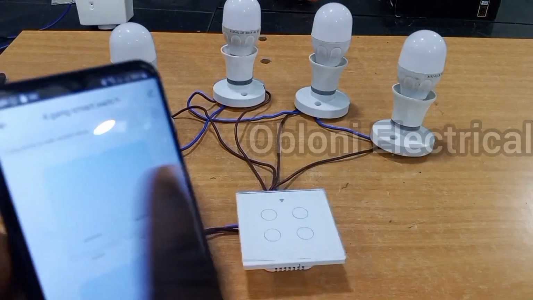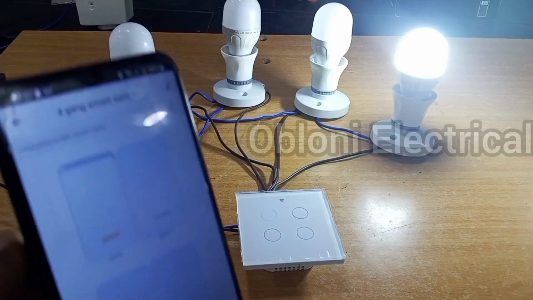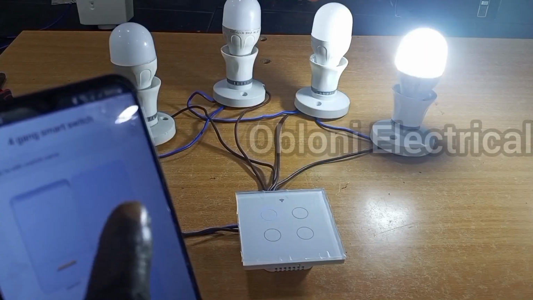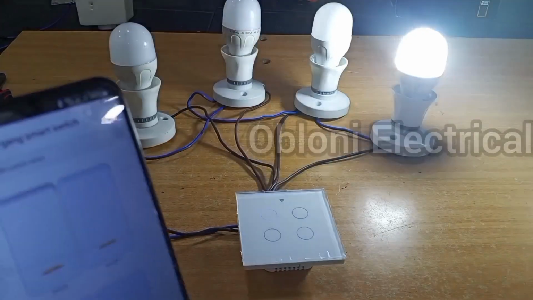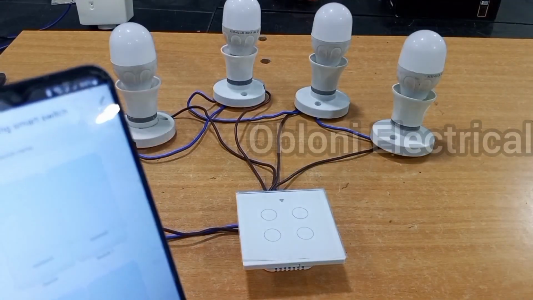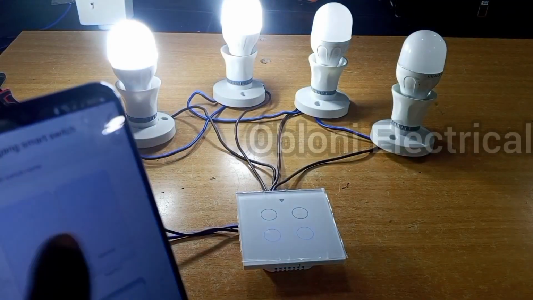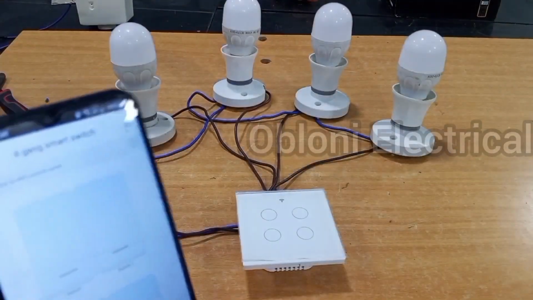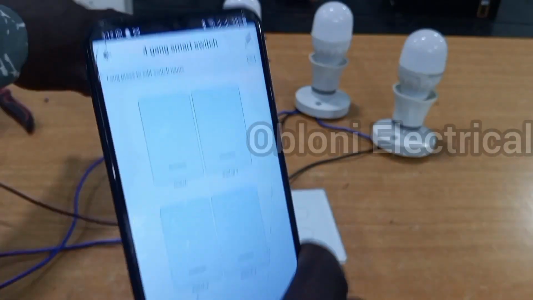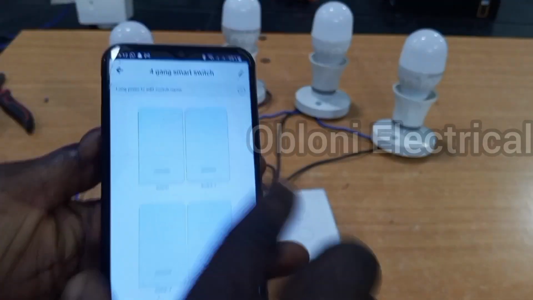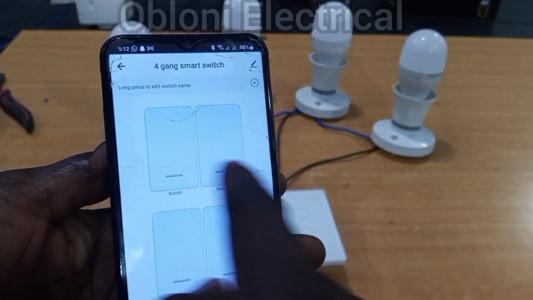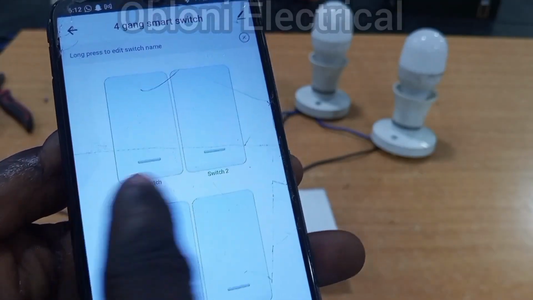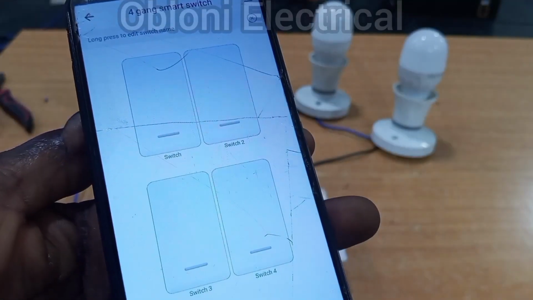And I can switch this other two also from here. So off, on, off, off, on, on, on, off, off, off. We want to use the locations of these lights to name each of the switches here. Okay, so here they just write switch, then this is switch 2, then this is switch 3, then this is